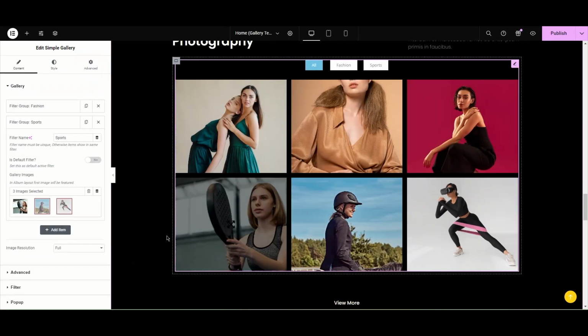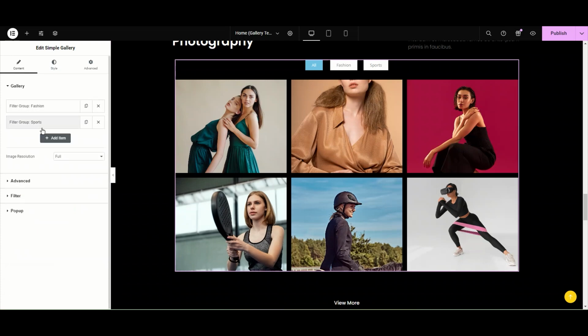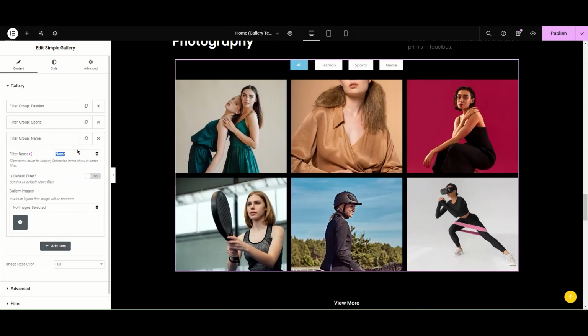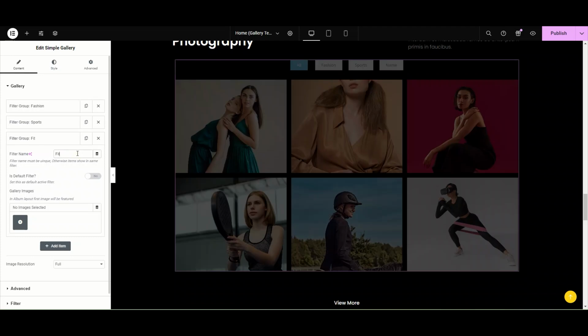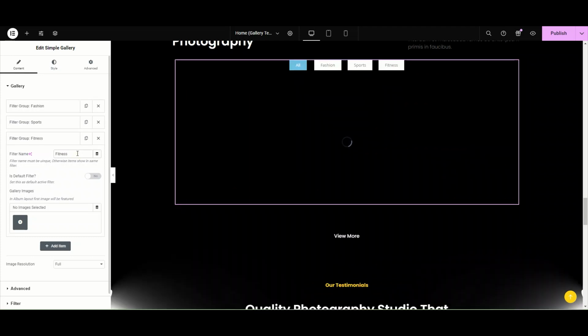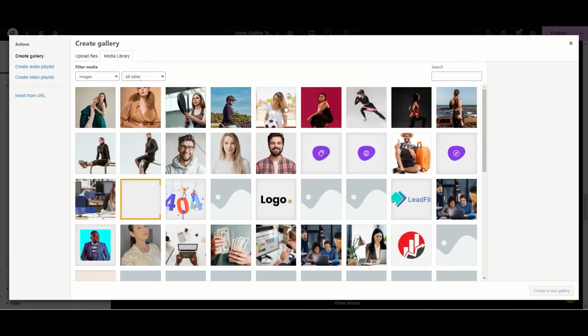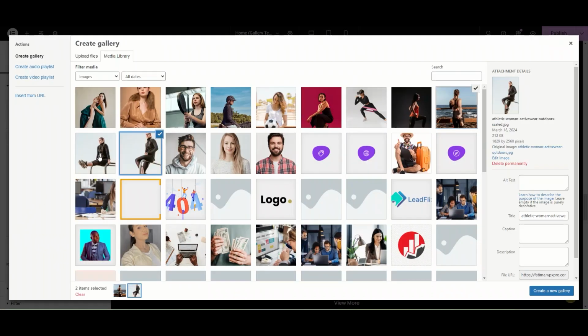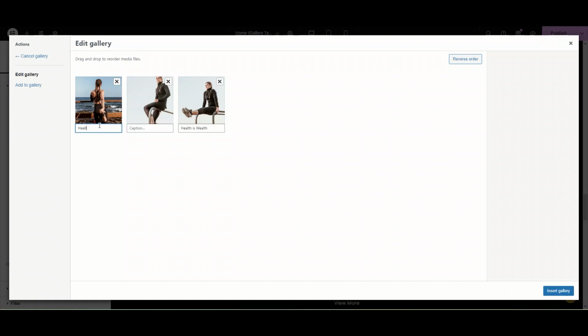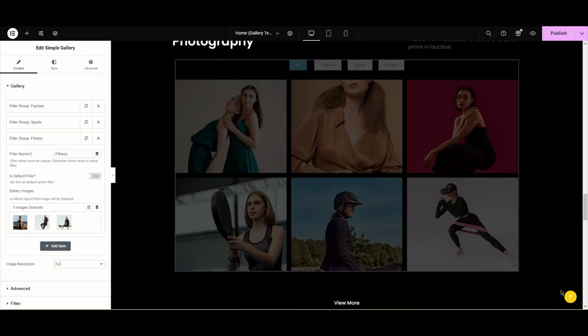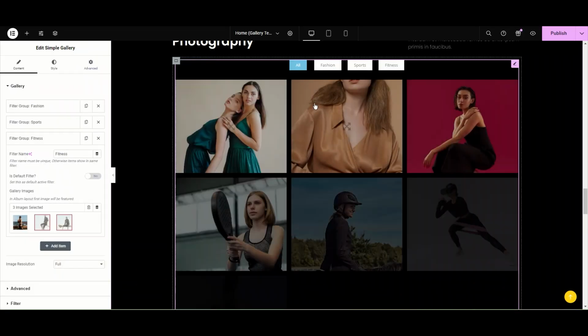Now click on add item to add more items here. Let's name this folder fitness. Look. Now we will upload the images, create a new gallery. Let's change the caption here, healthy life. Now insert gallery, like this.